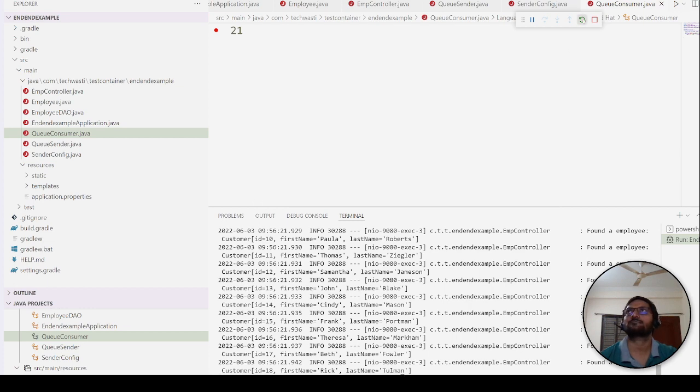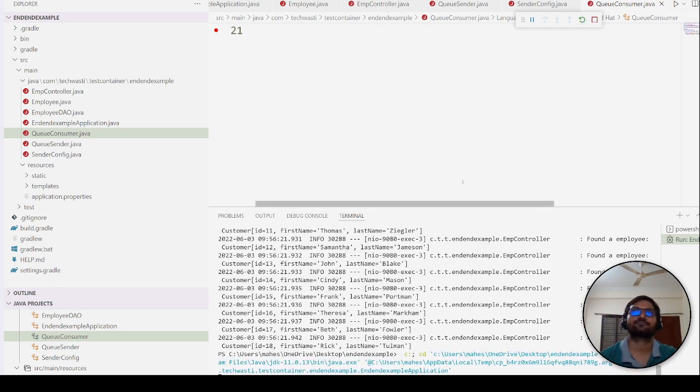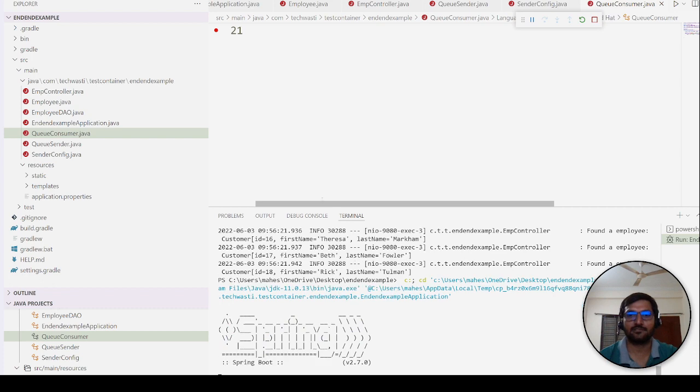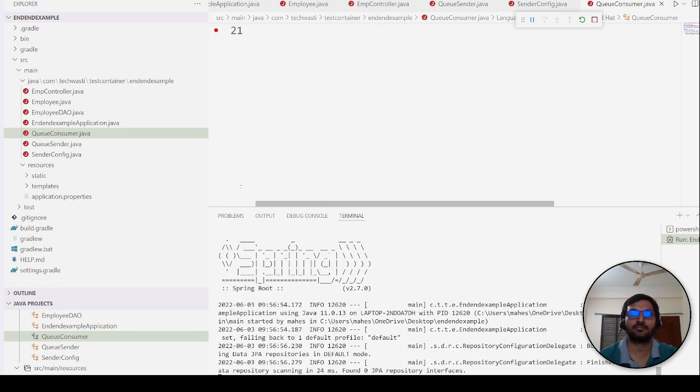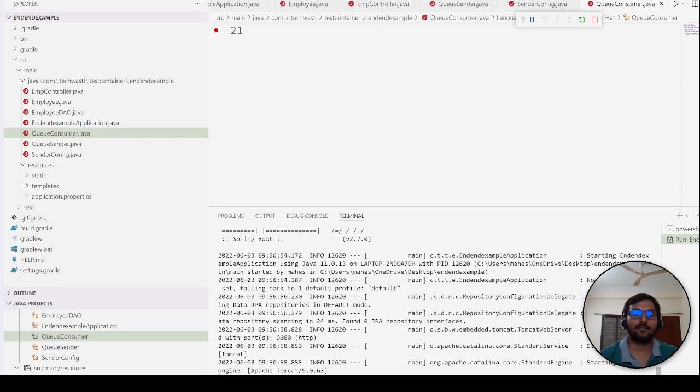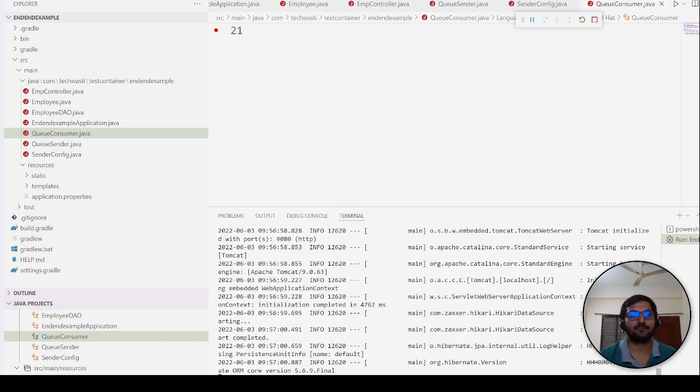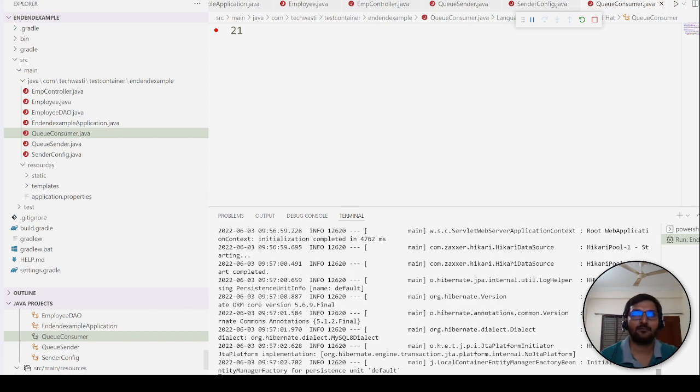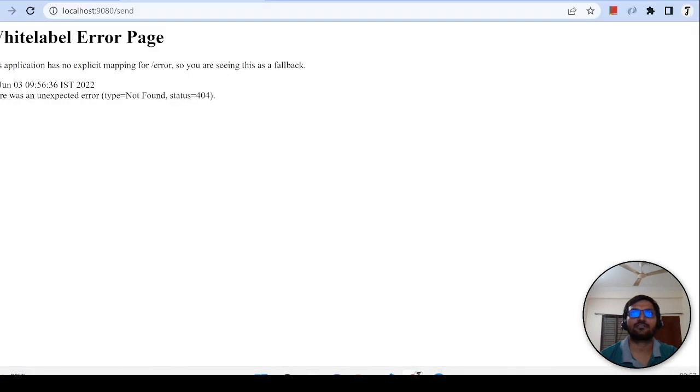Rerun. Then we will check whether send is working properly or not, whether it is able to send or not. And then we'll see how it will. Meanwhile, we can check and